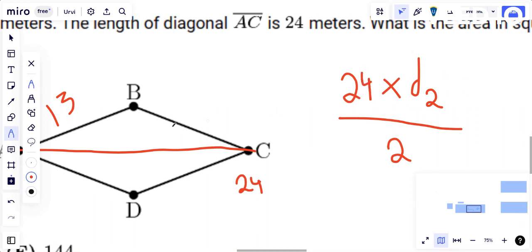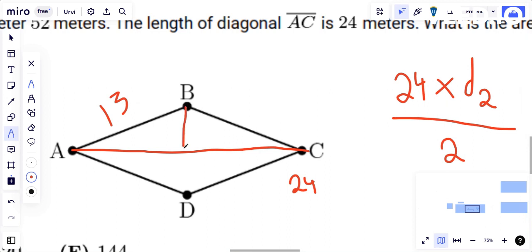And now we need to find diagonal 2, which, in case you're wondering, is BD. To find BD, we have to do a few things. We need to find this. We can find this first and then multiply by 2 to get the whole thing. If you guys noticed, this makes a right triangle. We can use the Pythagorean theorem to find this side, and then just multiply by 2 and get